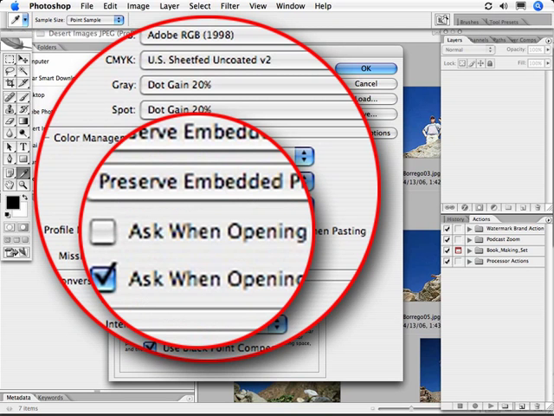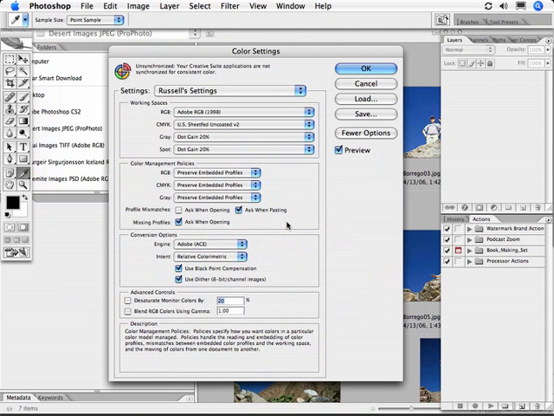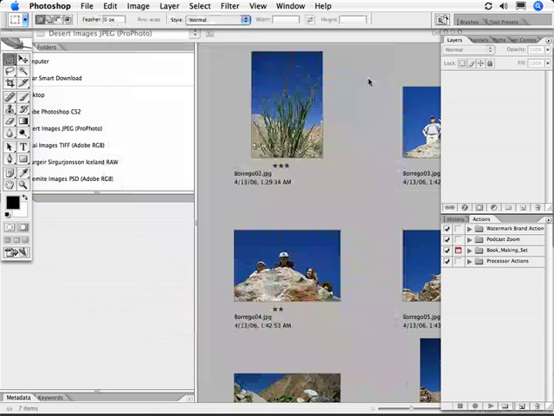I've done this because Photoshop is opening and closing images of different profiles, and it's best that you do not want to see dialogues appear during this process. So by setting it up this way, you can ensure that Photoshop will take over and do the right thing, especially with Dr. Brown's 123 process. Okay, now you know. I'm going to click Cancel because I did not make any adjustments, but those are my